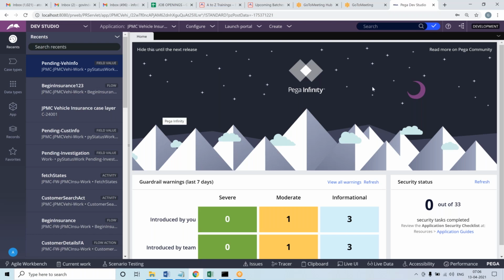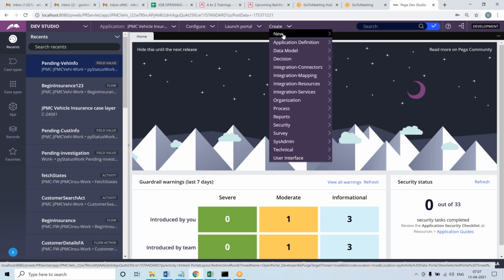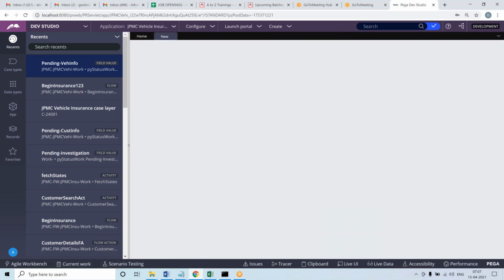Okay, we will just proceed now. I will create one case and I'll show you what are the OOTB properties which we are going to discuss about. Okay, so the work object data will be available on clipboard. So what is the name of the page where it is available? Am I audible everyone? Yeah, that is PY work page. Okay.